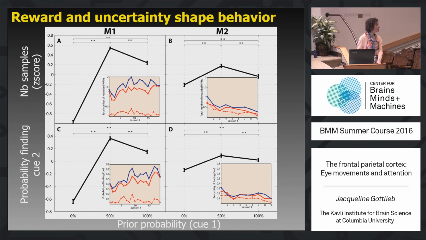So he figured out this is a perfectly rational strategy. He figured out that he's not required to sample, so why should he? So in most trials, he looked up, to the upper left of the screen, which is fine. But luckily for us, when he sampled, he showed the same pattern of the most sampling at 50%, then 100%, and then 0%. So one thing that I wanted to note is that this reward effect on information sampling seems to me, specifically the fact that this point is so high,